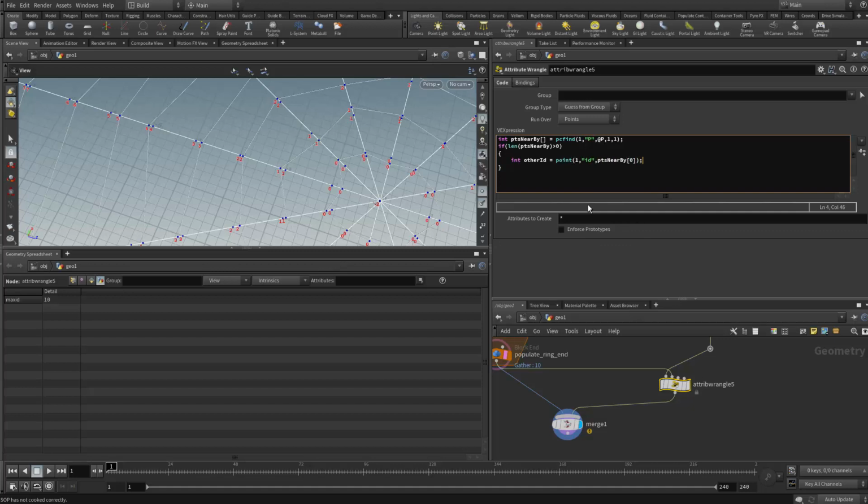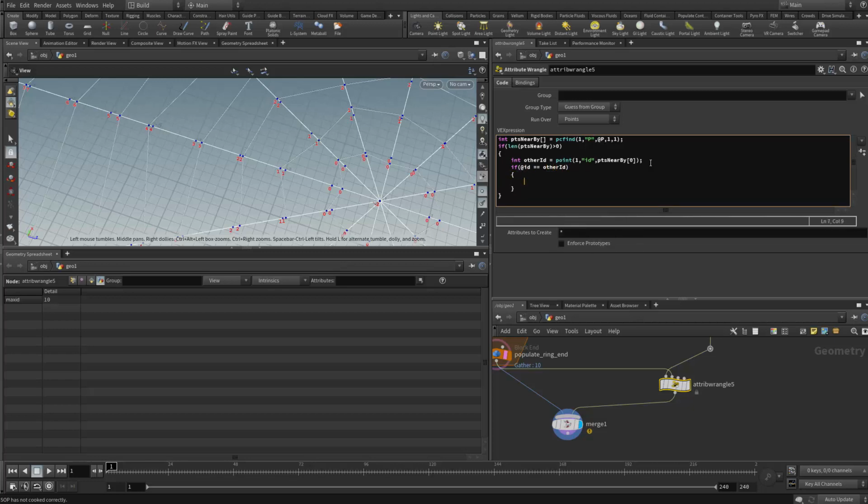This is gonna give us the point number. This returns the list of point numbers we found from the second input, which is this guy, those circular shapes. Okay, right? Let's see if the ID is the same, right? So if at ID will equal the other ID,